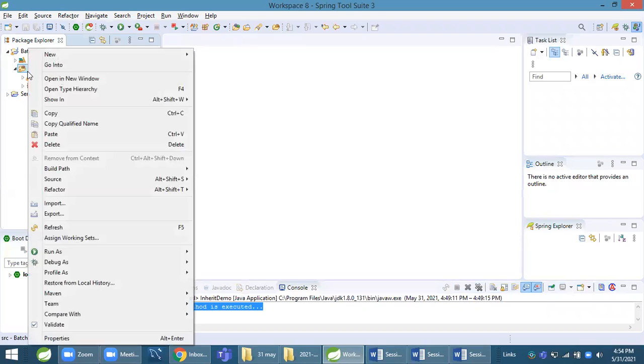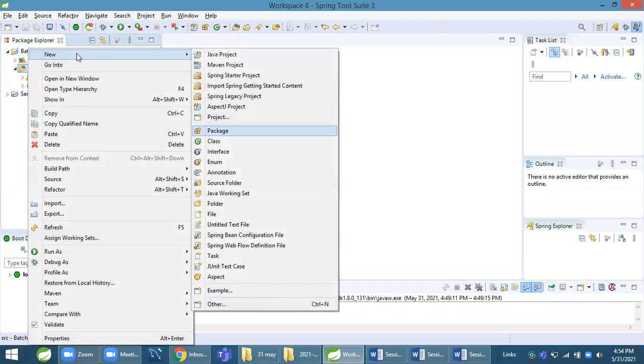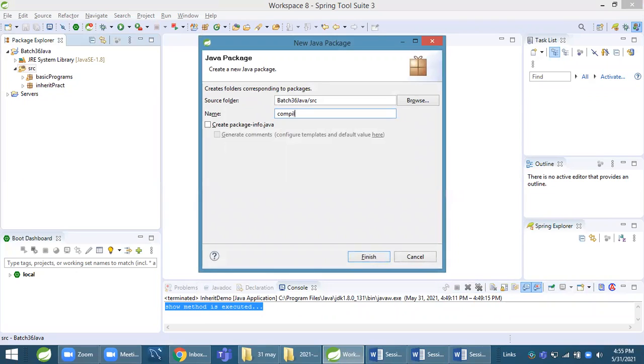Right click on this src folder, go to new, take package. Keep this a little bit simple. Compile time polymorphism. Finish.